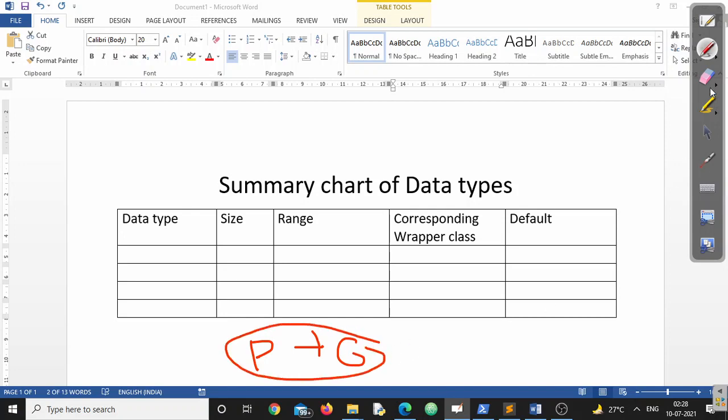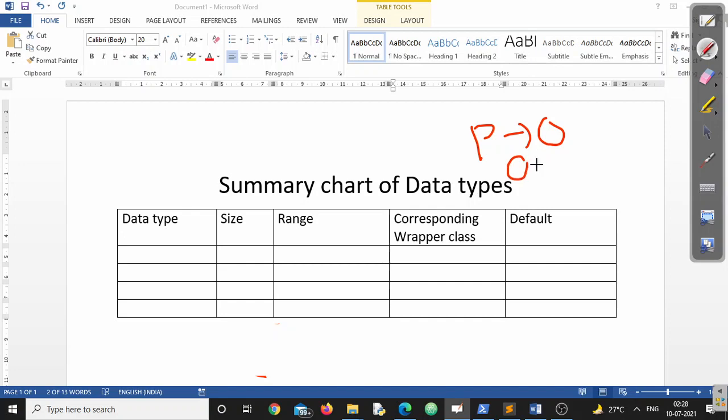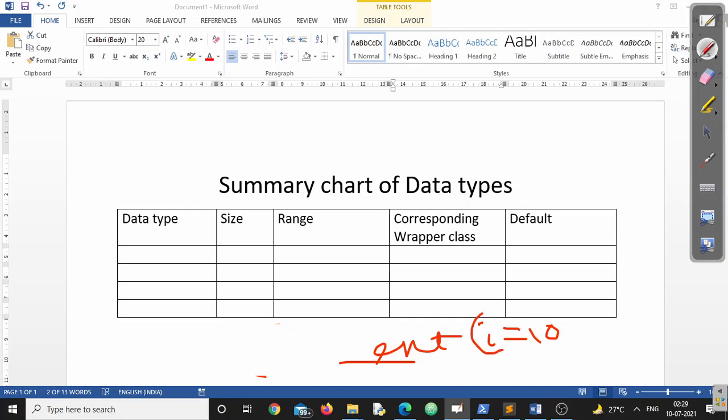At some point during my program requirement, if I have to convert a primitive type into object and object type into primitive, this concept can be fulfilled with the help of this class called the wrapper class. Why is this called a wrapper class? Because suppose I am writing int i is equal to 10, and if I am writing this variable, this 10 is a primitive type. Now if I want to wrap this primitive type into a class,